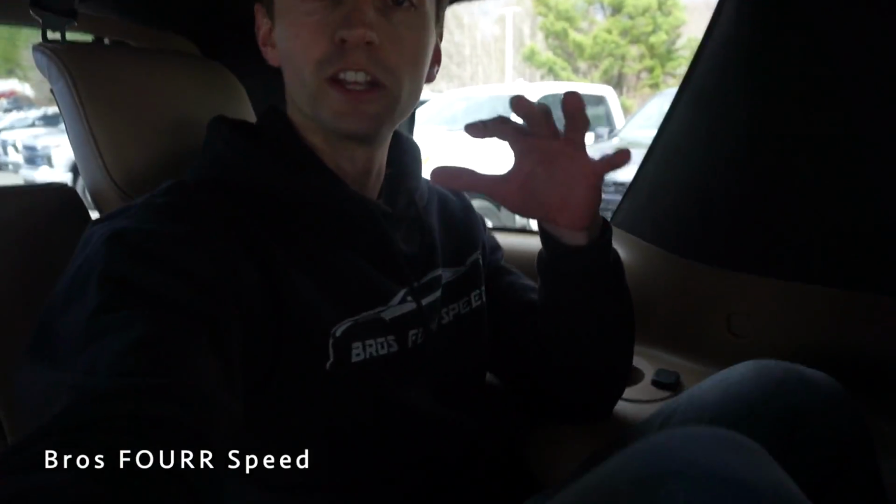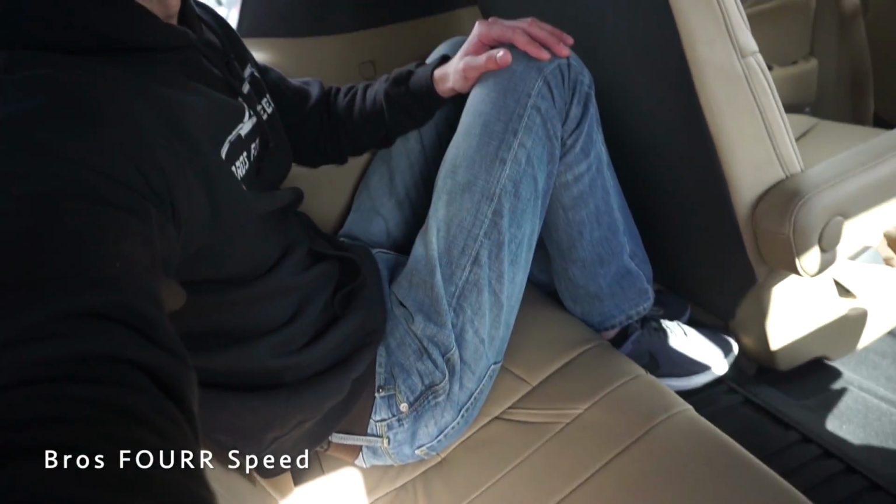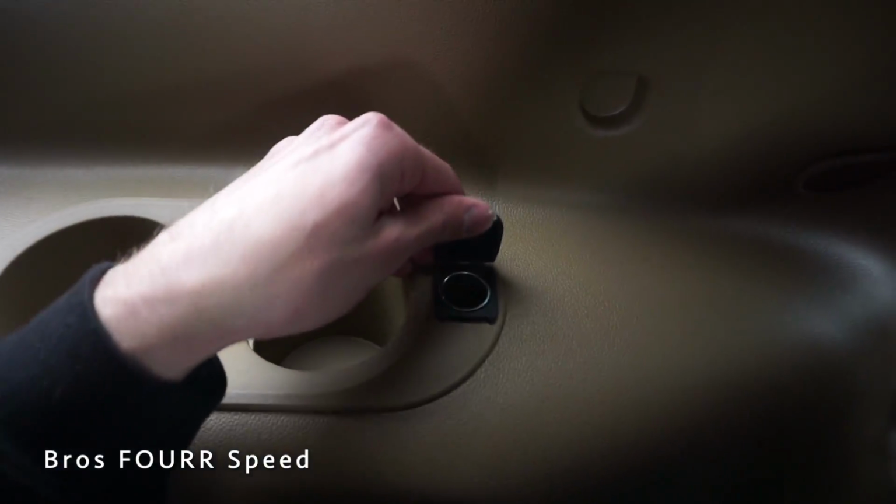So starting with the center seat now, this is actually pretty comfortable to sit in. The knee room in here is a little bit different. As you can see, my knees are pretty high up. If you go with the ESV model, this has a lot more space back here, so you have a little bit more room. But you do get 2 cup holders on the left side, as well as a 12 volt,